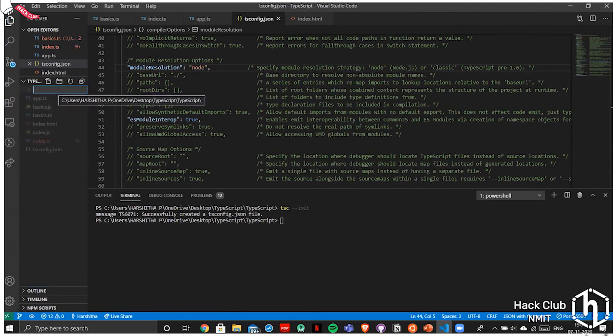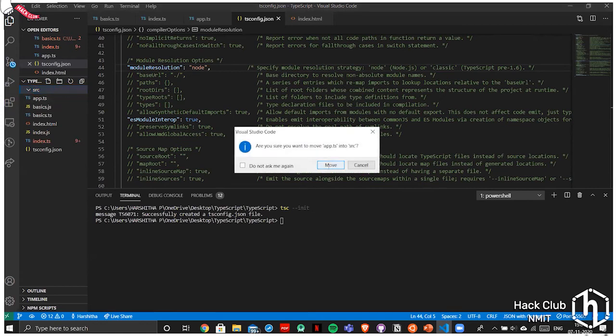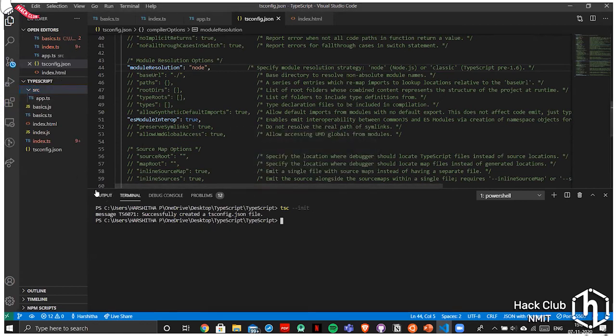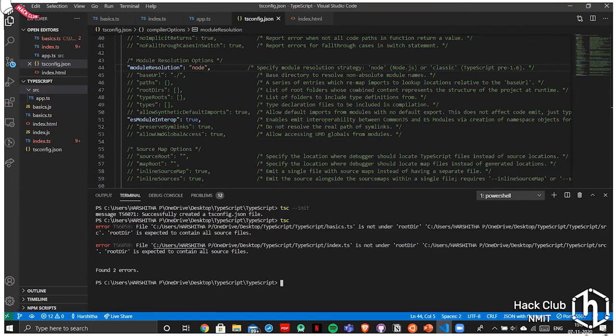Create a folder called src, and I'll put my app.ts in it. Now just run tsc, get errors, sorry, cd src, and then tsc.